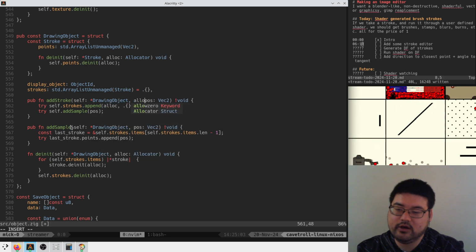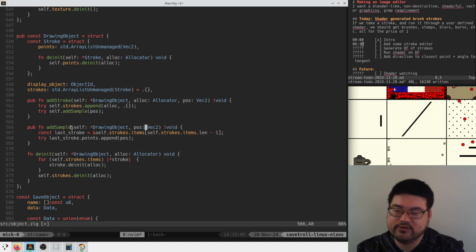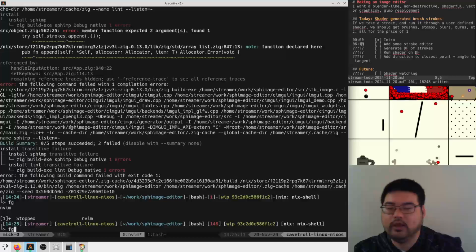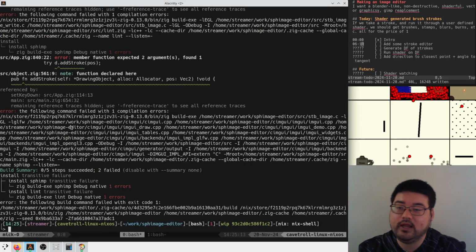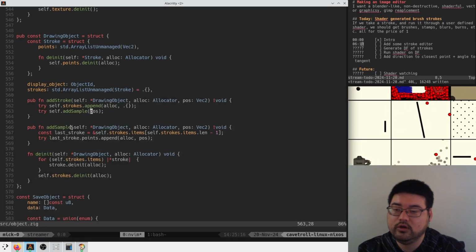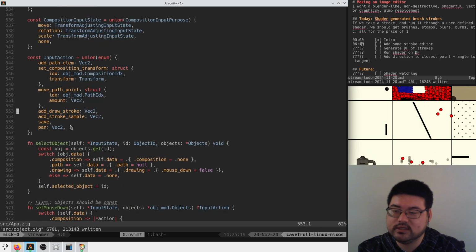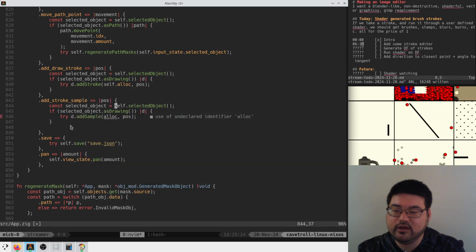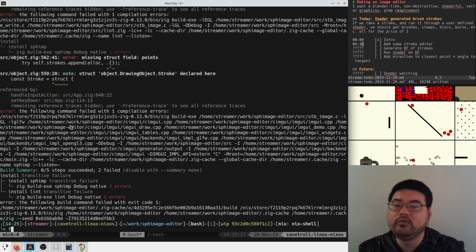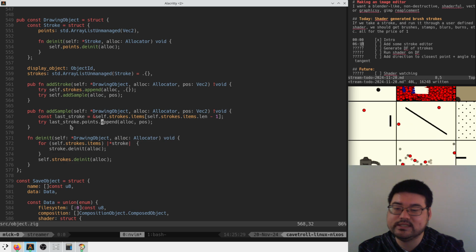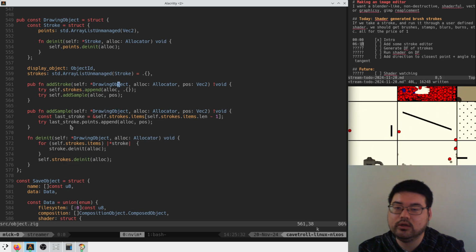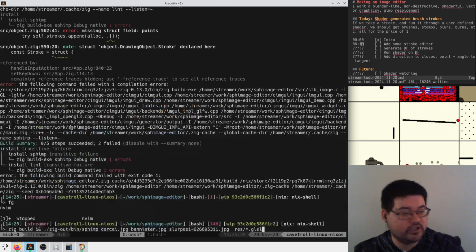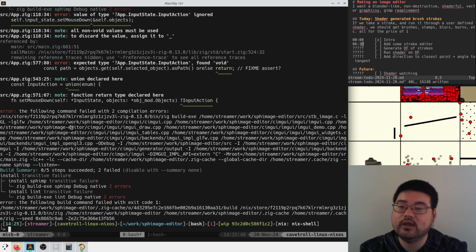We need to pass an allocator here because these are unmanaged vectors. Okay, let's see where he gets mad now. He gets mad at stroke not using this thing, so like this and this, except these are self-alloc. Boom, boom. All right. Missing field points. True. I guess here we'll default initialize that. Okay, and then